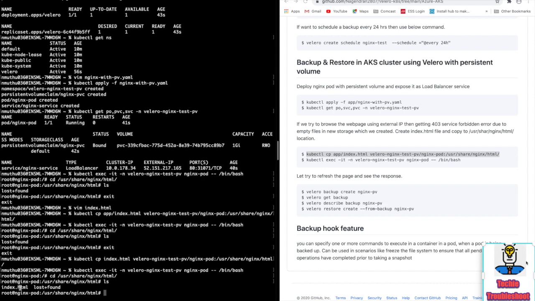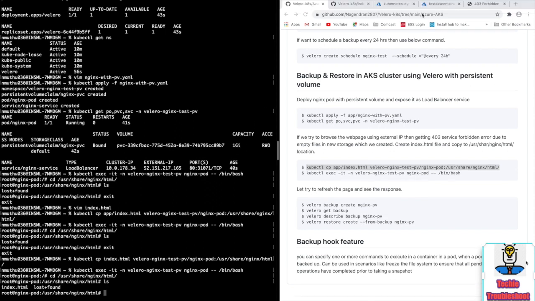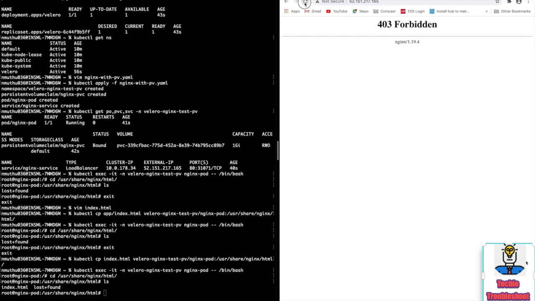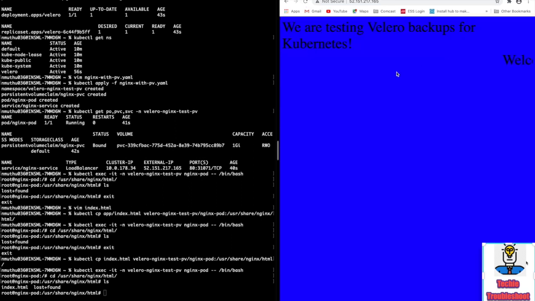Files are there. So now we are going to hit the IP again. This time it will display the things which we mentioned in the index.html file. Okay, so now everything is good.